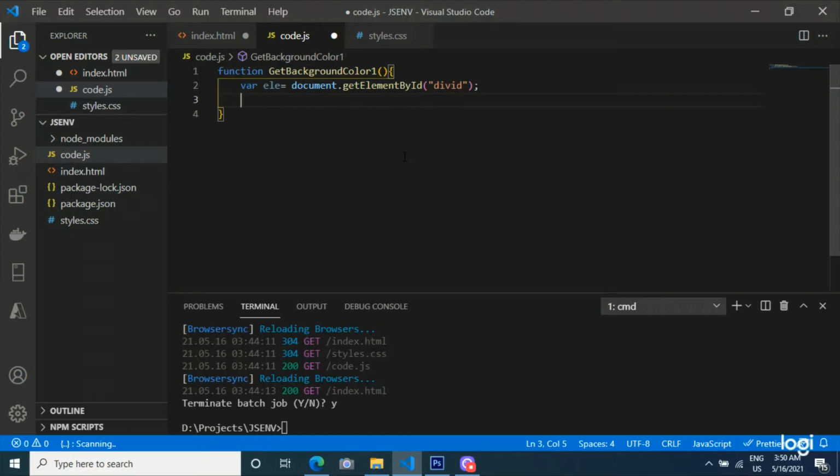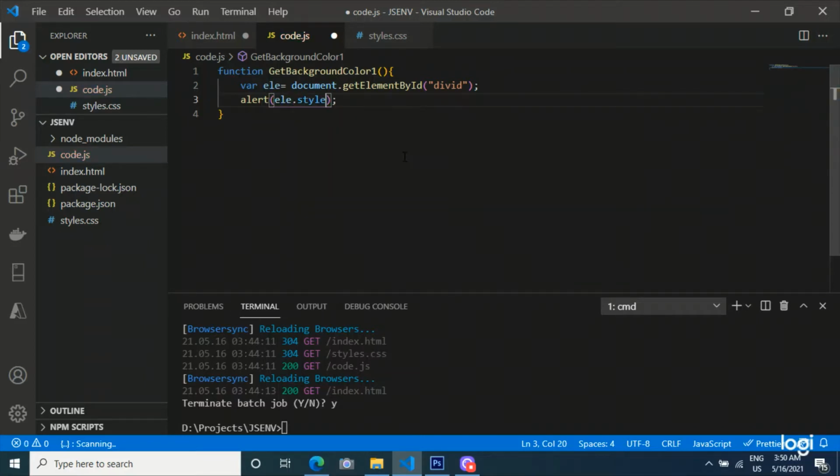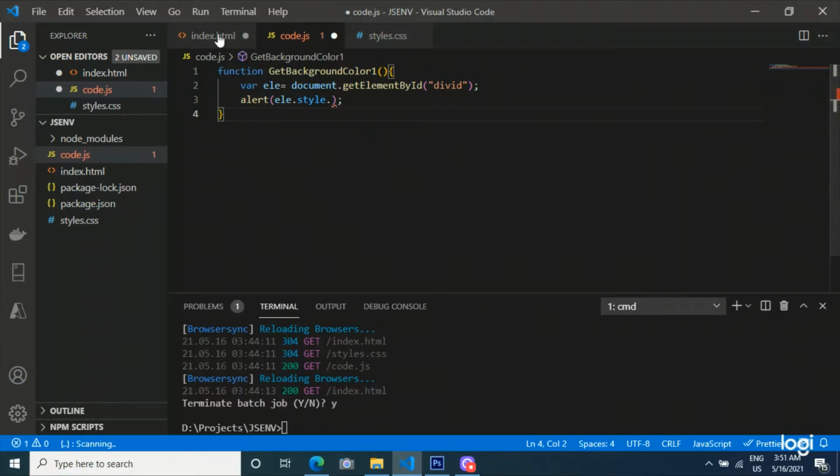using this element we will fetch the text-align property, which is defined inline to the element. The element.style property is there. Using this style property we will fetch the CSS property value. The CSS property value can be checked in index.html.